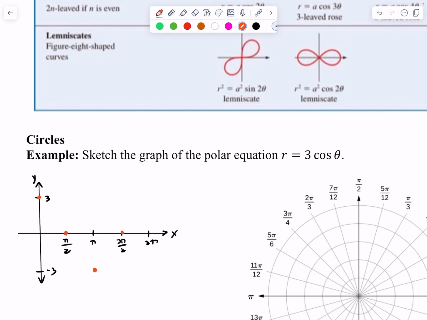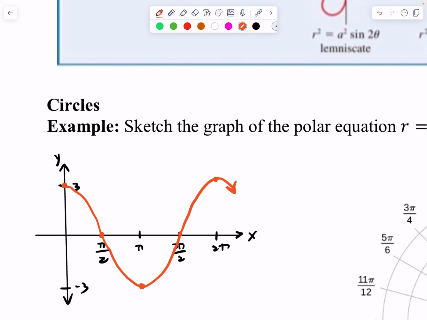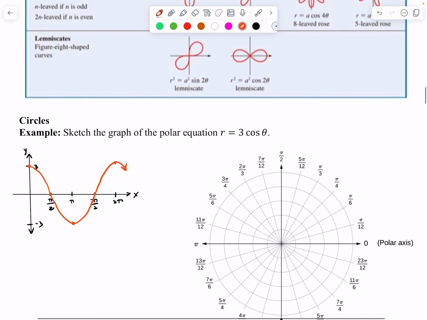So plotting those feature points, the high and low points and the points that intersect the x-axis and are also on the midline of the graph. Referencing that graph in order to plot points, notice if we start picking just those points that we plotted on the graph of y equals 3 times cosine of x,